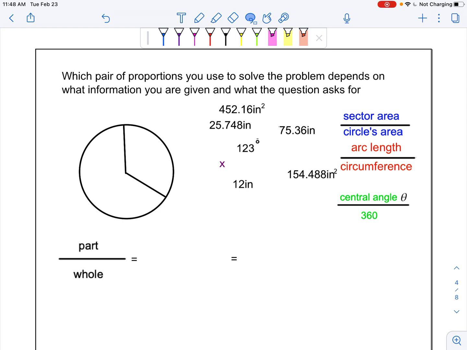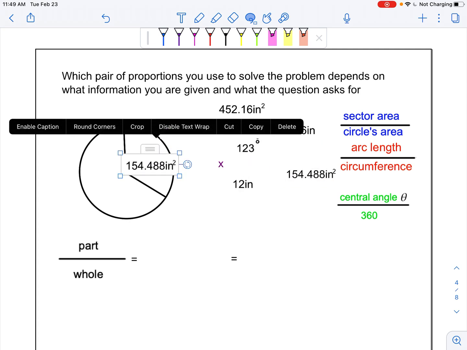So let's just come down here real quick. I'm going to move some things around here. We're going to pick which ones we use because the proportion that you are going to use depends on what part you're given and what part you are looking for. So let's just say I am looking for my arc length. Okay, so I put this X out here on the arc length because that's what I'm looking for. And I am going to tell you that the inside area of the sector is